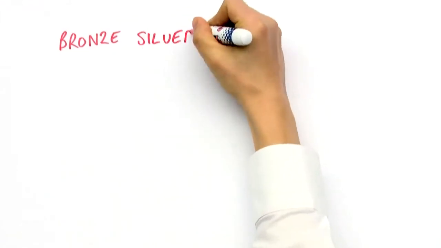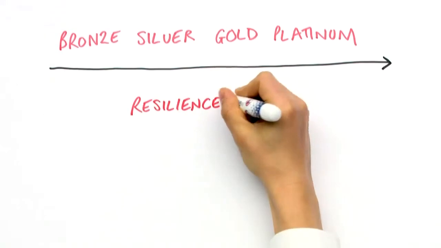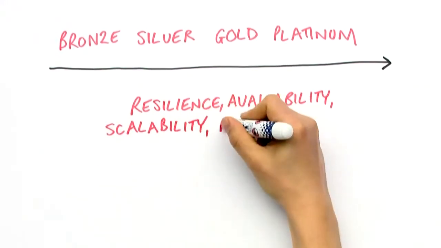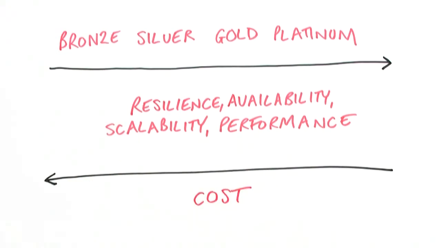A key thing to remember about cloud is that just as we do today, we will need various levels of service and to deploy the most appropriate service for the most appropriate cost. An example of how this might be done is that the cloud may be made up of a number of subclouds based on SLA, for example bronze, silver, gold and platinum. As we go up through the offering, the resilience, availability, scalability and performance of the resource will all increase. However, as we travel down, cost will decrease. It will be up to the consumer to choose the appropriate level based on value.